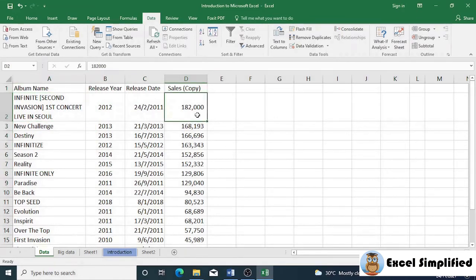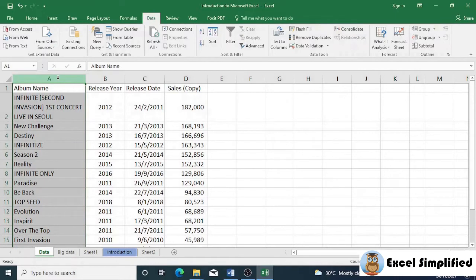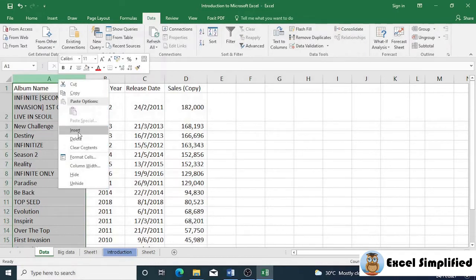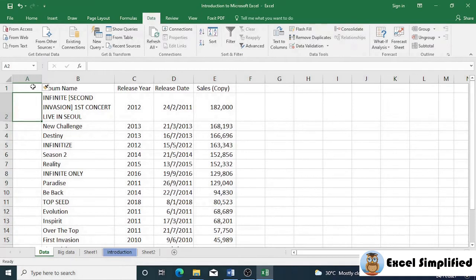With the sales volume sorted, I'm going to insert a column for rank. So I'm going to click on this column A, right click, select Insert, and there we have an additional column over here. Type 1, enter, 2. Here I'm going to show you how you don't have to type 1, 2, 3 all the way until the end of the data. So I just type 1 in the first cell and 2 in the second cell,